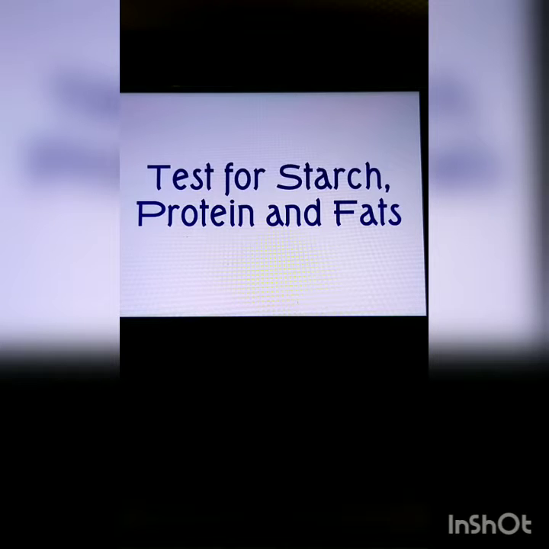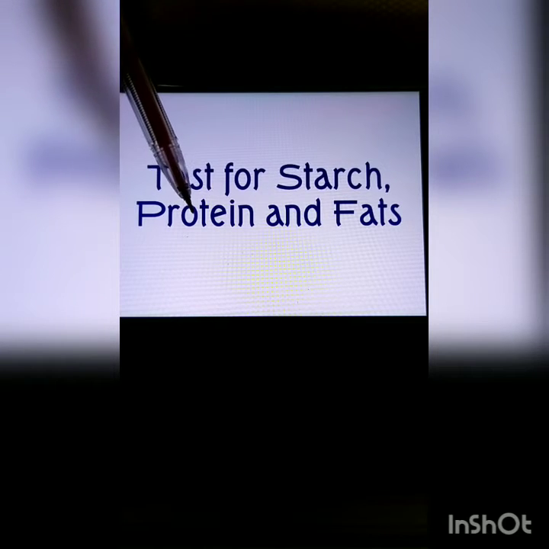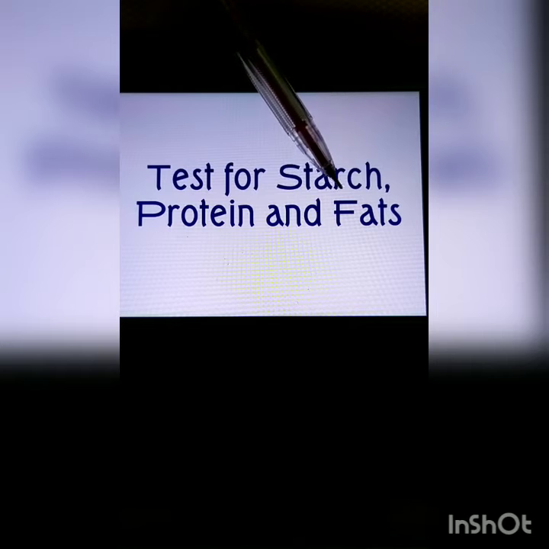The tests for the presence of carbohydrates, that is starch, are written here as test for starch, protein and fats. We have seen that carbohydrates are a form of starch and sugars. The tests for the presence of carbohydrates, proteins and fats are simpler compared to the tests for the other nutrients, the vitamins and minerals.